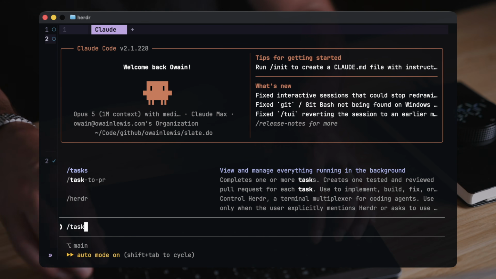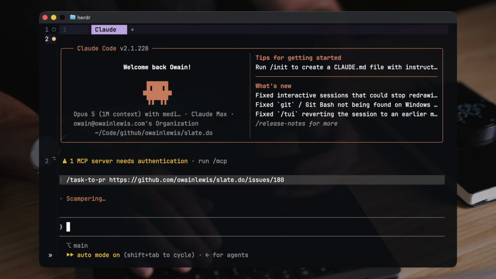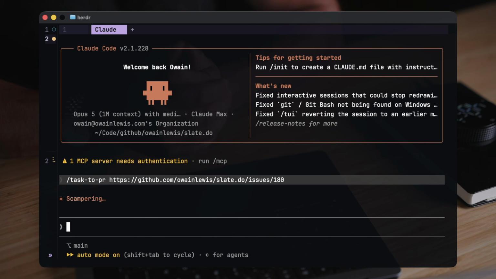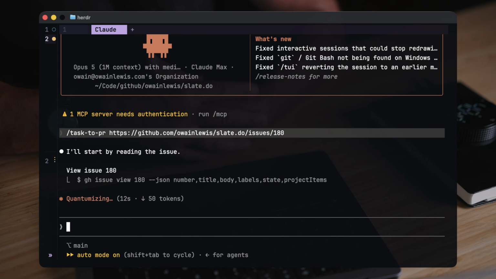So I'm going to use the task to PR skill. And then I'm just going to pass in the parent ticket. And then that's pretty much it. I'm just going to wait now for the agent to work through these tasks, sequence them. This skill is going to make sure that all of the changes are tested. They've got code review. And it's pretty much just a case of now waiting for the agent to burn through